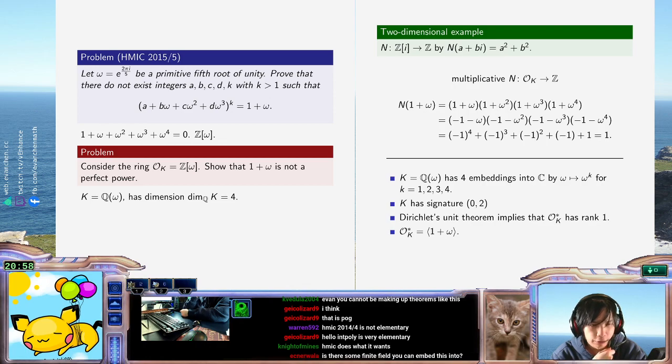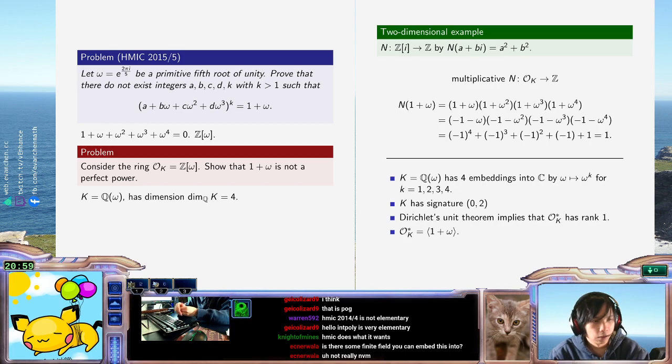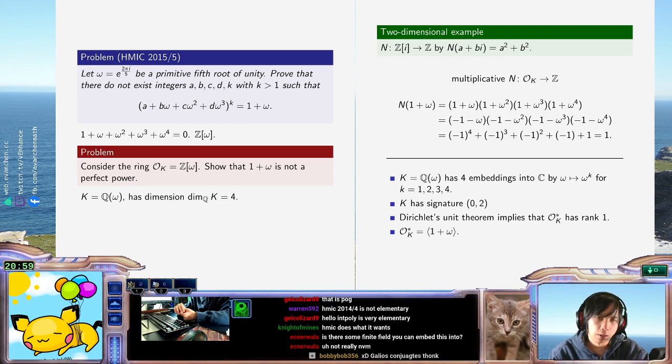Is there some finite field you can embed this into? And the problem is that because it's a unit, what that means is that, well,